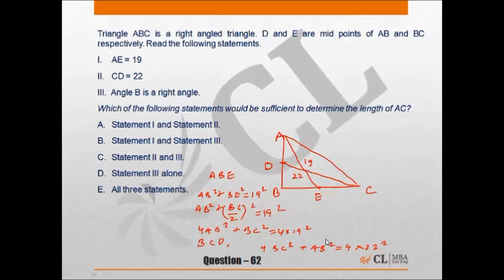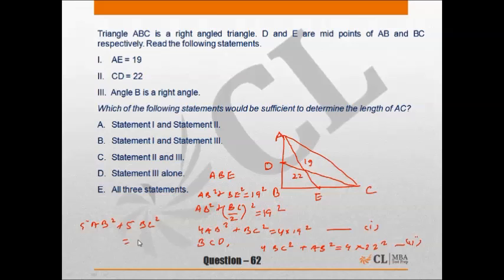Now when we add these two equations, we get 5AB square plus